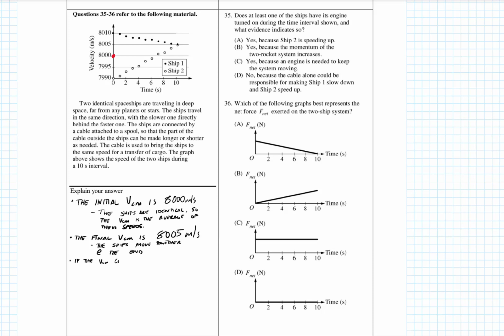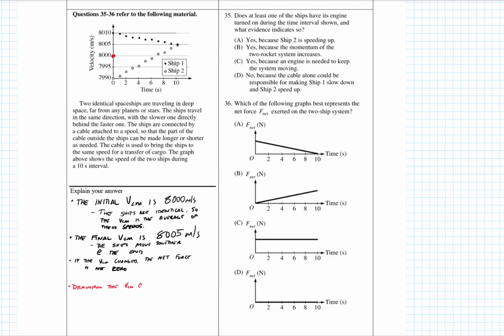That's my idea. The velocity of center of mass didn't stay the same, so there must be a force acting on it. So the answer to question 35 is yes, one of the ships has their engine on because the momentum of the system increases. Now, if we go on to the next one, to 36, I want to know what's going on with the